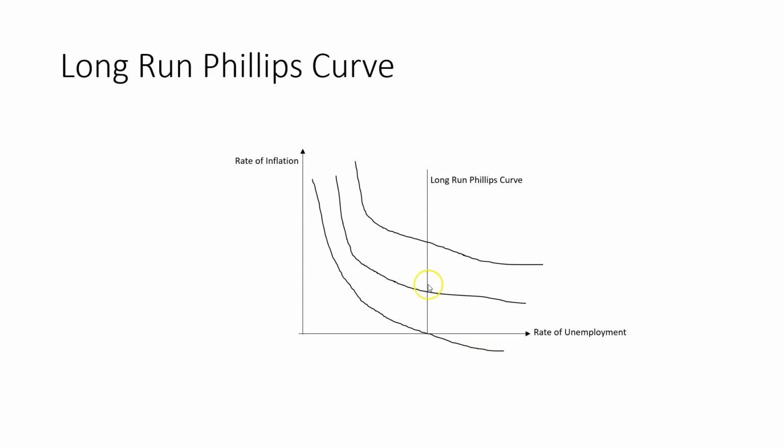And any attempt to move beyond this is just going to cause inflation, that there's not going to be that negative relationship anymore. And so for Friedman, the Phillips curve in the long run would be vertical. And it's vertical because we're taking into account people's expectations of